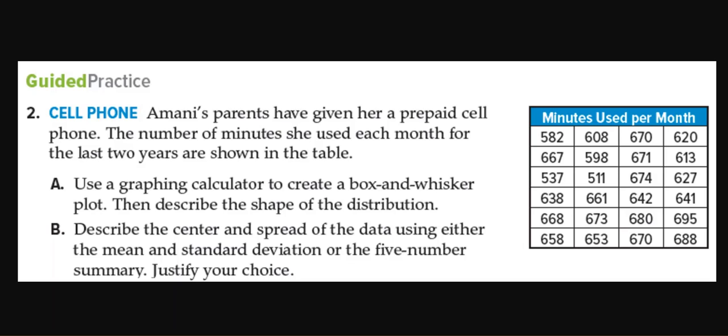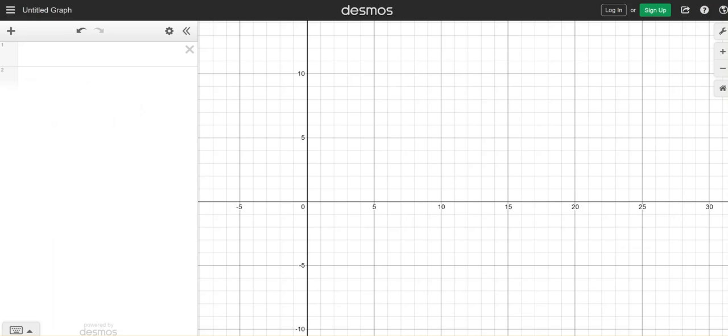So the first thing we're going to do is use Desmos to create our box and whisker plot. So just going to go to Desmos. Okay, so in Desmos, the first thing we're going to do is create our data set. So we're going to put D equals the square brackets. And then we need to type in our data. So we've got 582,